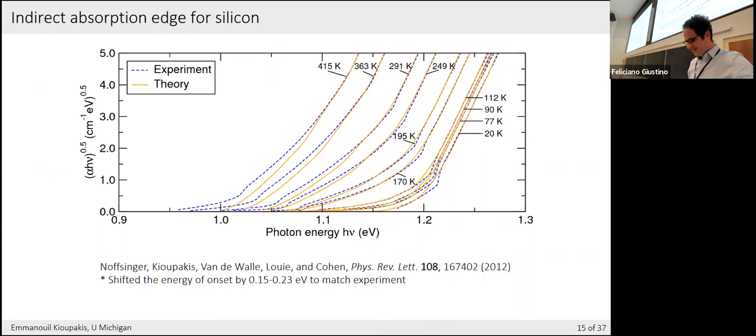I'm forgetting this one. So I understand how indirect transitions are captured by phonons. I'm curious about